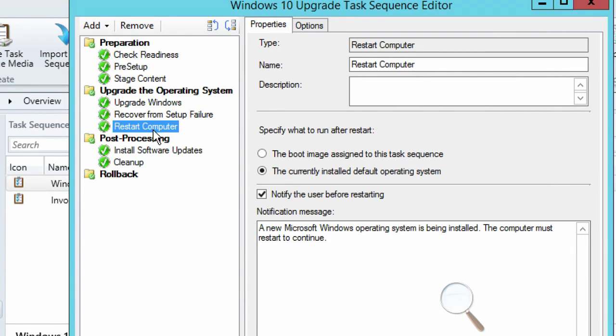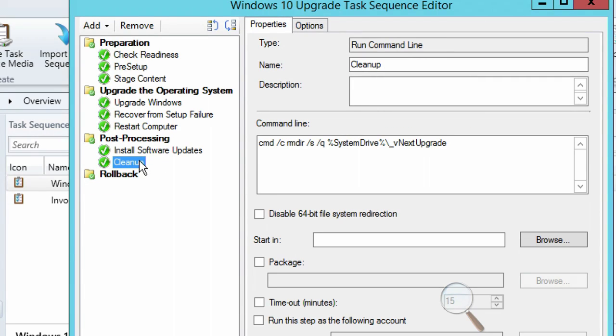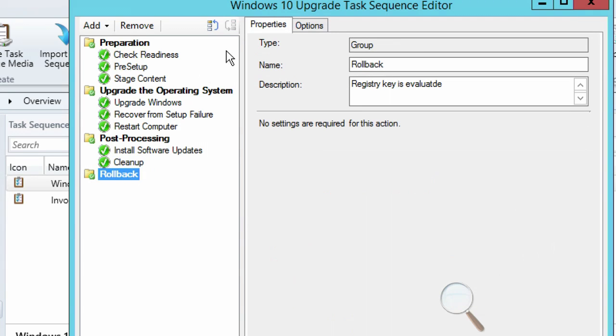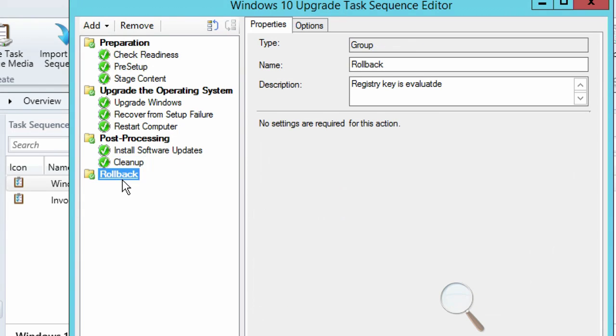After that, given that there was no issue, then it will restart the computer, then do post-processing, install software updates, and finally, do a cleanup. Anything fails, there's still rollback here. You can actually add some more stuff here, obviously, because it's a normal task sequence, like you always do. You can add more drivers if you need to. You can inject drivers. You can have more rollback steps. What examples of rollback steps can you think of? Give me one good one, and you get